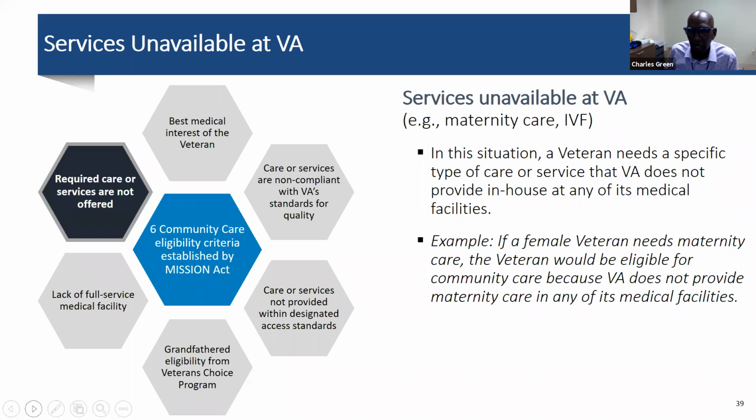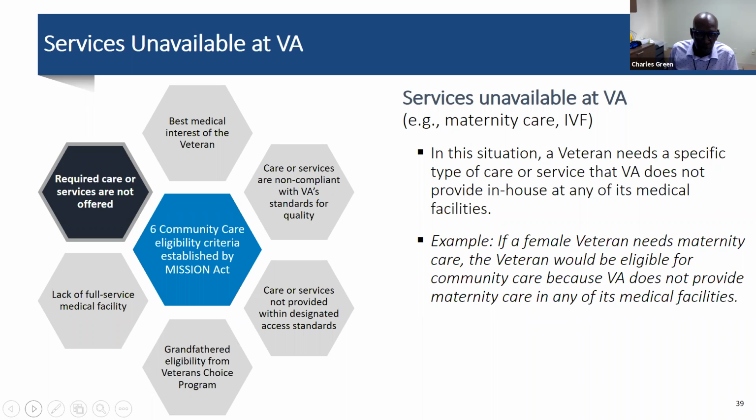So the first element out of the 6 criteria is if a service is unavailable at the VA. Here's an example. Say a female veteran needs maternity care. Well, in a lot of the VA facilities, we're not equipped to do maternity care. So if they need prenatal care or after maternity care, this would be the opportunity for a female veteran to talk to her provider to go out in the Mission Act to use this service when the service is not